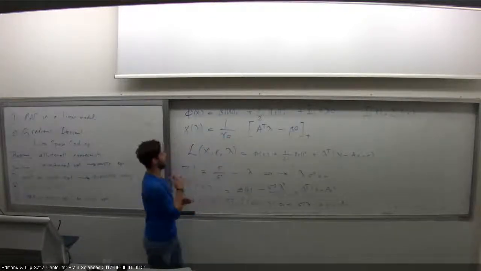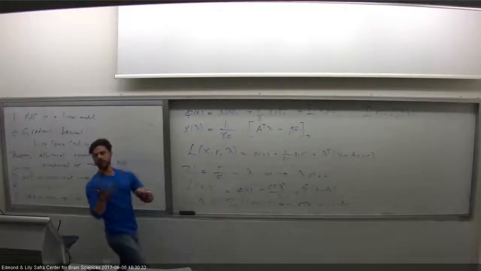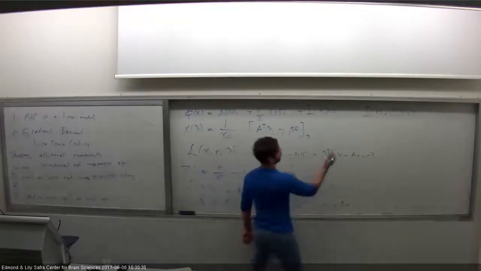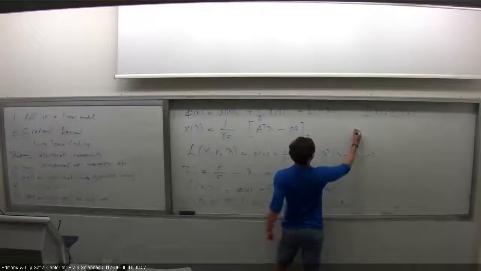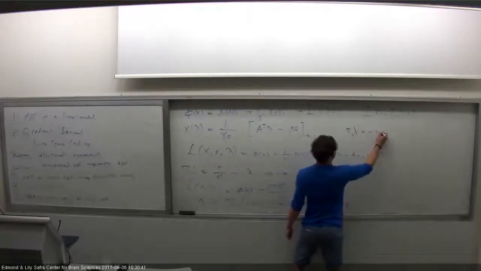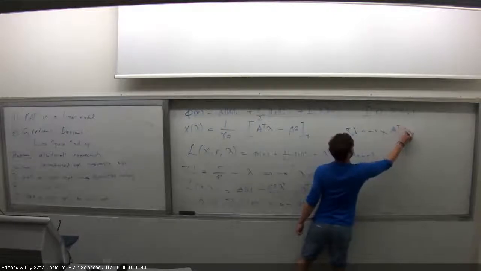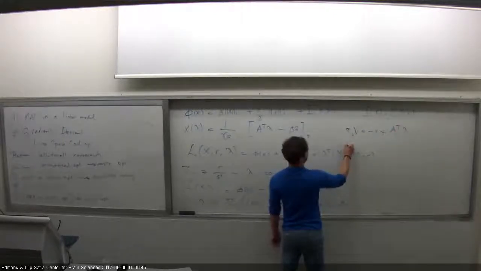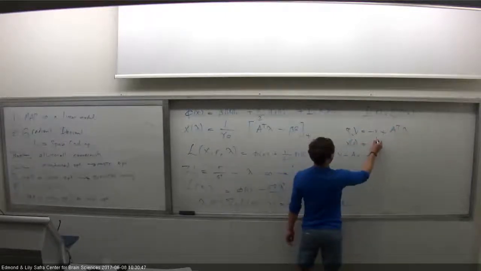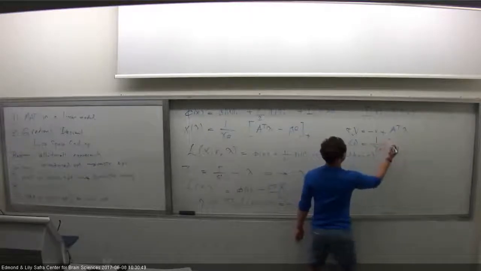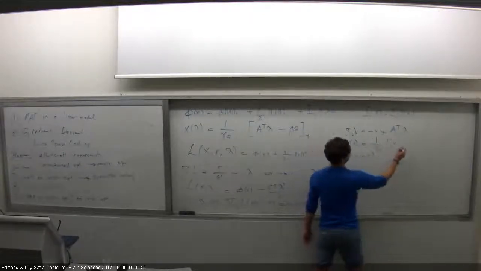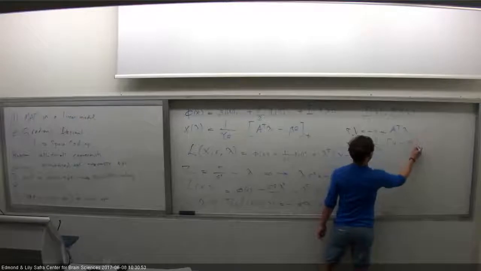So in case we want to make things a little more neurally palatable, what we can just do is introduce a voltage variable, and I'm just going to say tau v is equal to minus v plus a transpose lambda, and then the firing rate of some neuron is going to be a scaled version that's just determined by this voltage, but everything else